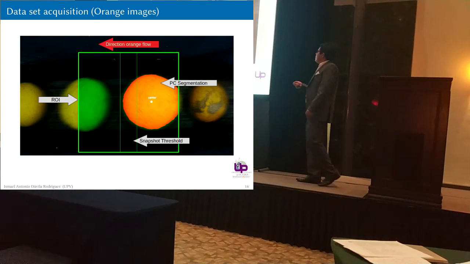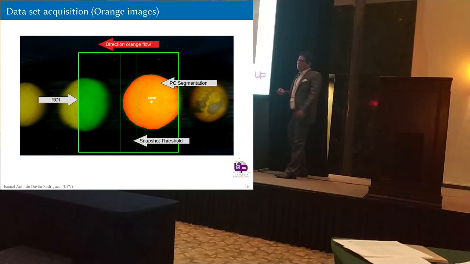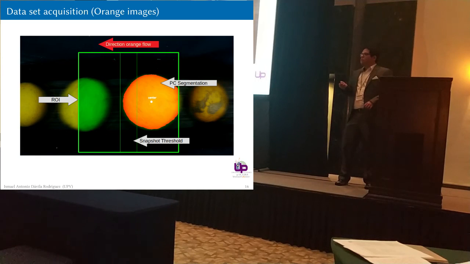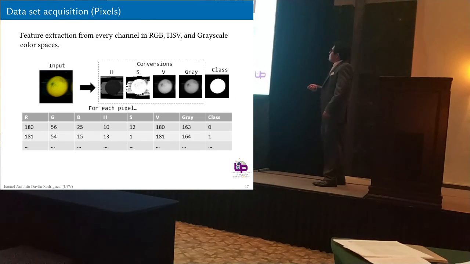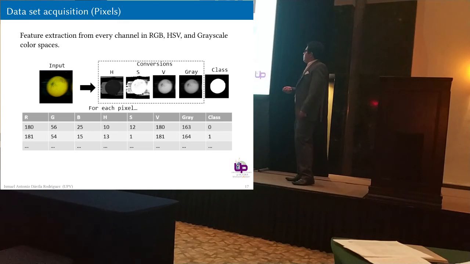This area you see here is a snapshot threshold. Once the center gets to the snapshot threshold, the frame will be taken only once to get the orange images. And also you can see here the void, which is a window of 600 pixels by 600 pixels. After taking the dataset of oranges, if you see this sample input, after taking all the inputs,